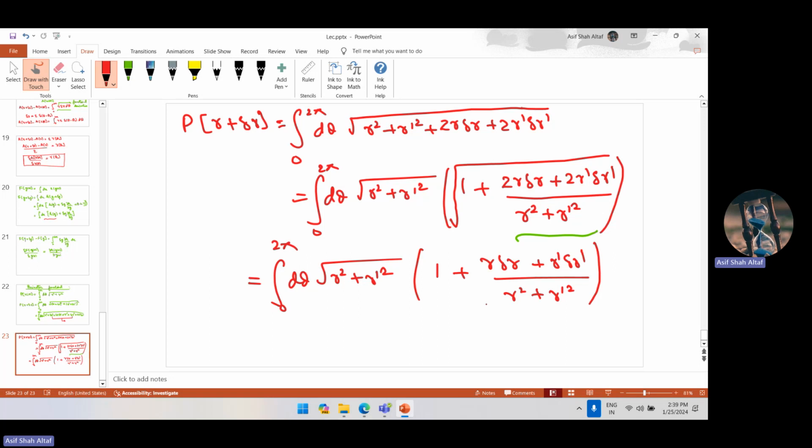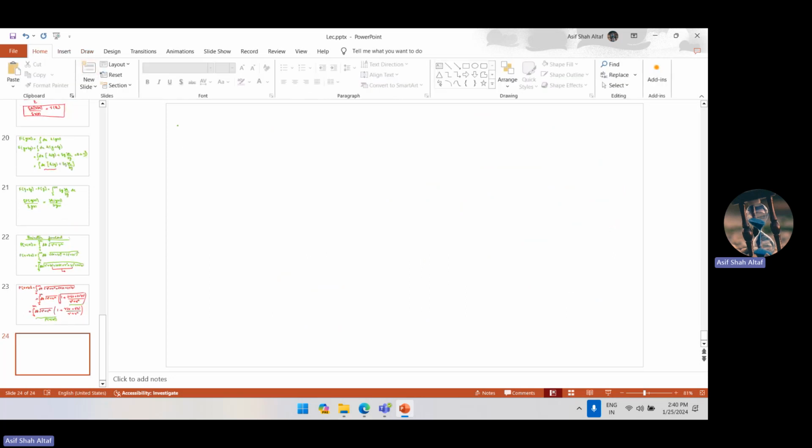This is what we would get. Now again, if you recognize here we have one and then this term, if you just multiply these terms to the one, what you would get is nothing but P of R. So you recognize P of R from here. So you can take it on the left side, and then what's remaining on the right side will be